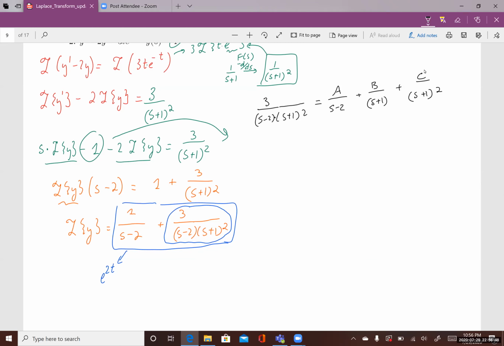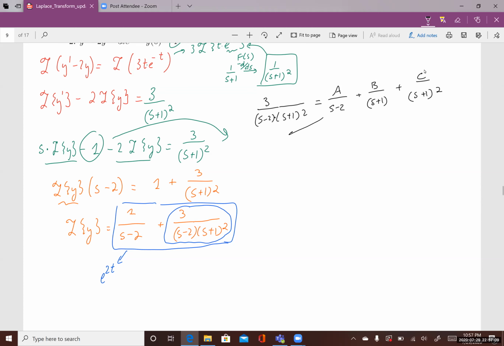Okay, well, the next step is, as you remember, we have to combine this together in terms of A, B, C, and then you solve for A, B, C. So then the sum here will be equal to this fraction. So if we combine these three together, I will have